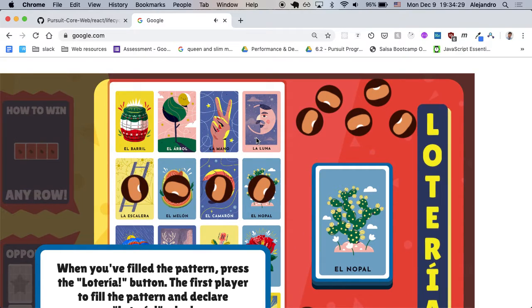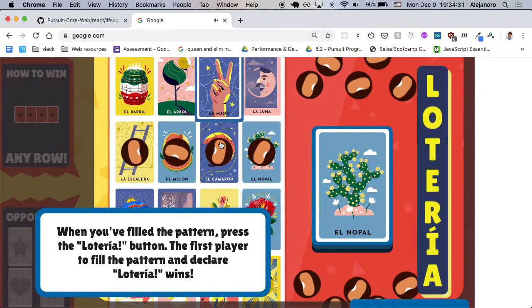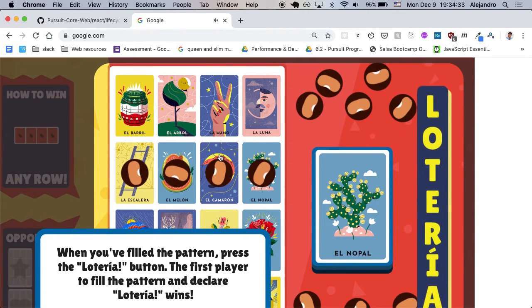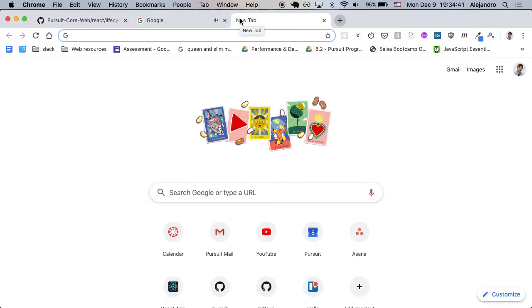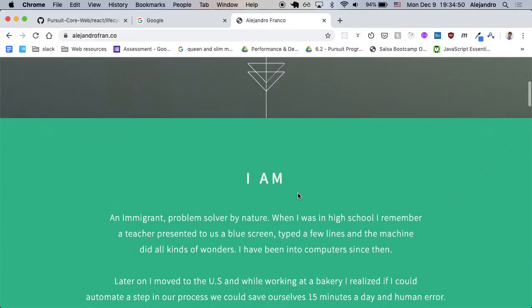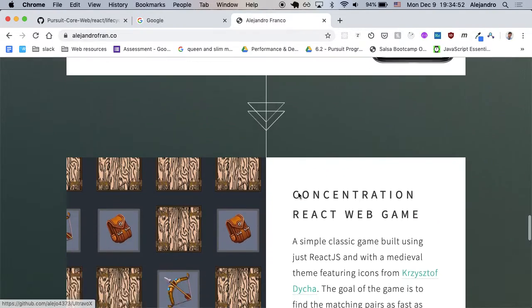So I think this will be a good project if anyone wants to practice their React skills. This project will be cool. I remember I did a game, what is it called? Like memory, where you have to turn in the pairs. I think I didn't style it that much, but this is another idea. What is it called? Concentration. This is a small React